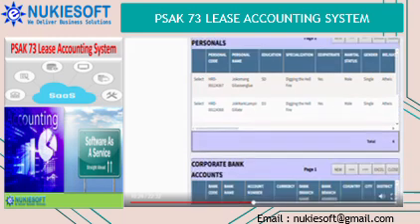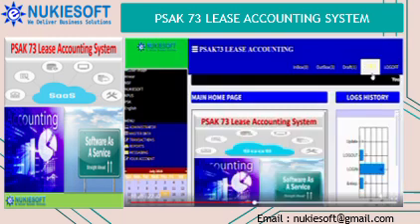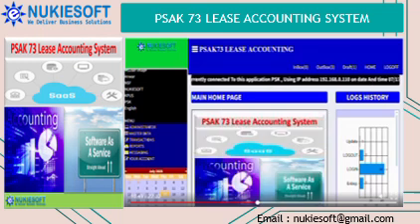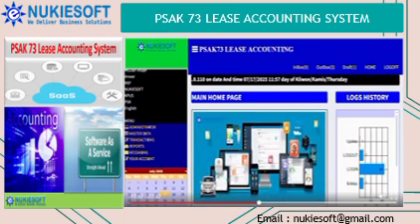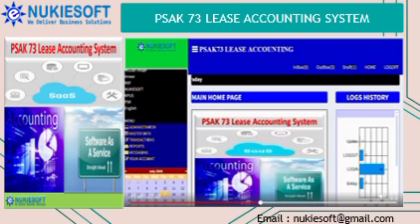Lease payment. Lease payments consist of the following components. Fixed payments, including in substance fixed payments, less any lease incentives receivable. Variable lease payments that depend on an index or a rate. Amounts expected to be payable by the lessee under residual value guarantees. The exercise price of a purchase option, if the lessee is reasonably certain to exercise that option, and payments of penalties for terminating the lease, if the lease term reflects the lessee exercising the option to terminate the lease.